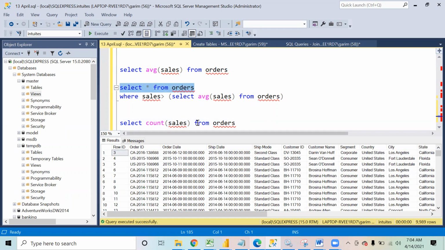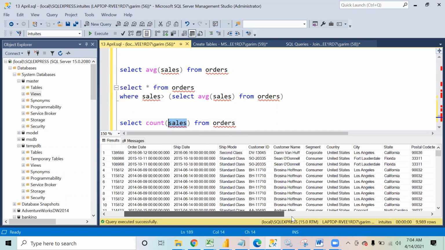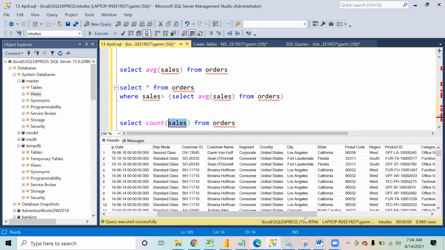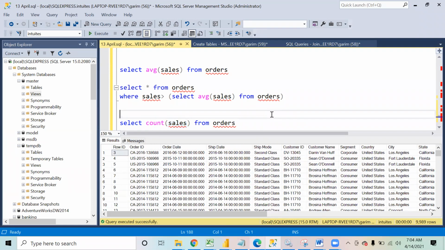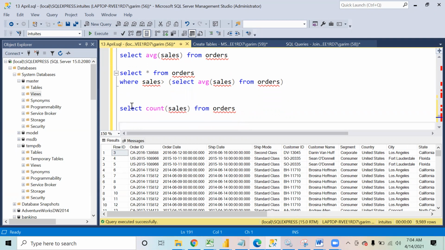In the sales count, it is going to ignore that null value. But if instead of sales you write asterisk, then it is going to count all the rows. That is 9989.